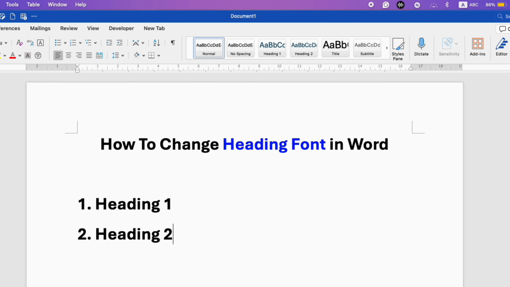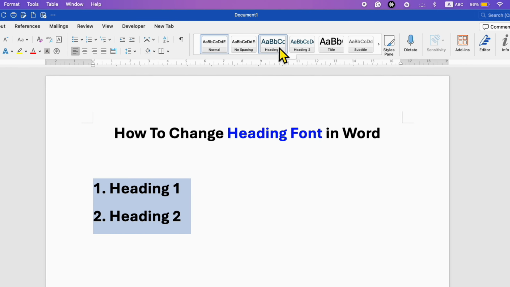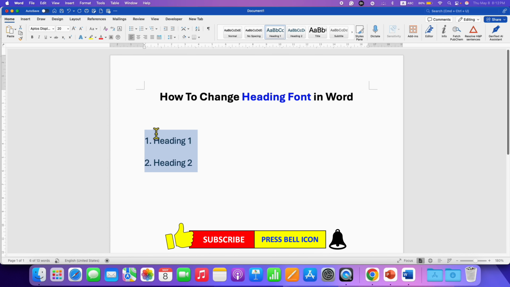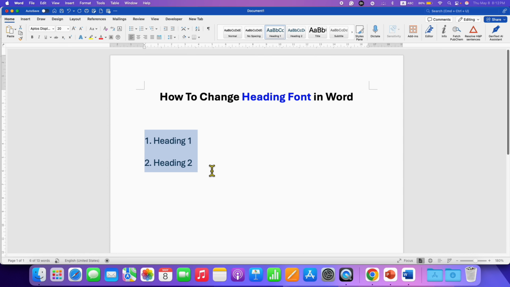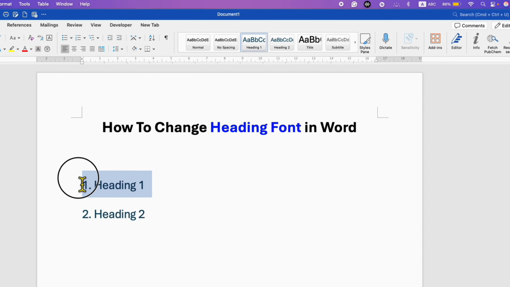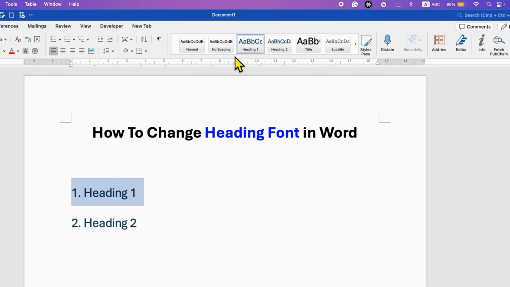How to change heading font in Word document. When you select the heading and then click on the Heading 1, for example, the font changes. To change this font to the font you want, just select the heading, then right click on the Heading tab,